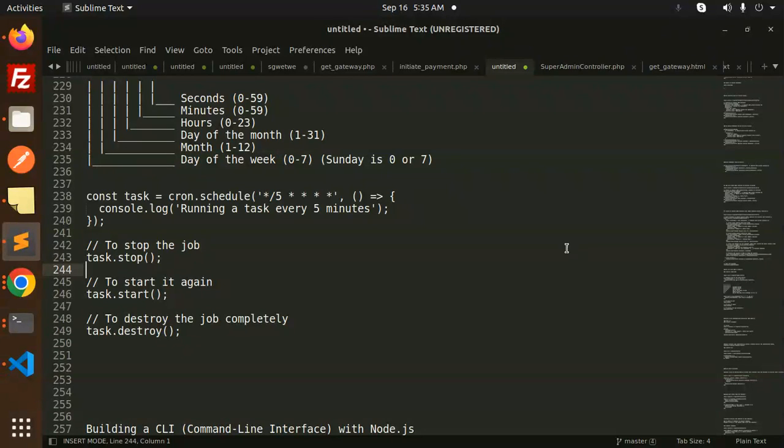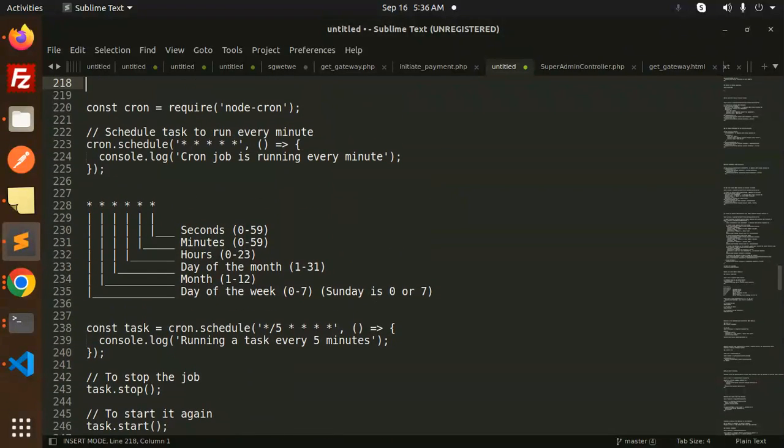Let's get started. So here we are using the package Node-Cron. You have to install this package. And to run the cron jobs, just use cron.schedule, and this is your schedule. Whether it's to be a minute, seconds, hours, day, or a particular day, you can schedule it over here. And if I go and just run this one,